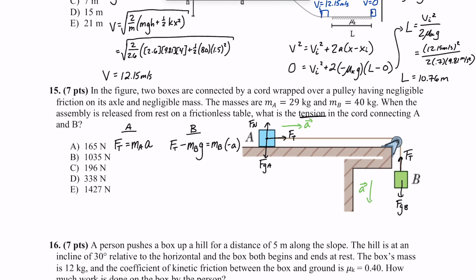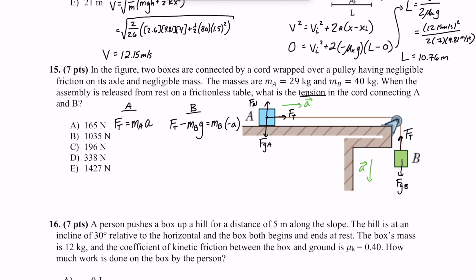For the same reason why the tension force is the same for both of our blocks, the acceleration is the same as well. They move as one unit, B pulls A, and the whole system moves to the right for A and down for B. At this point, we now have a two-equation, two unknown problem. So what I could do is solve this equation for a, plug it in over here, and then solve for Ft. So doing that, I have a is equal to Ft divided by Ma,